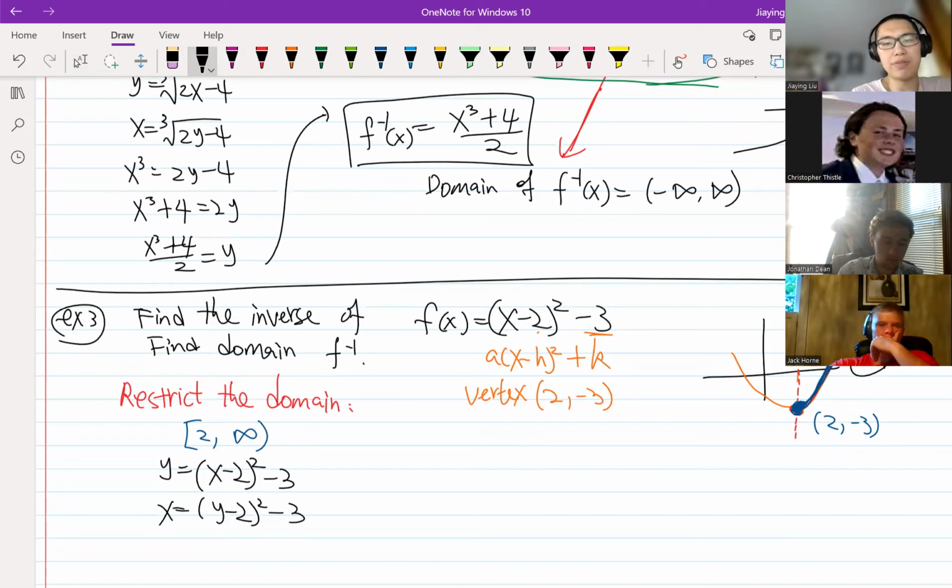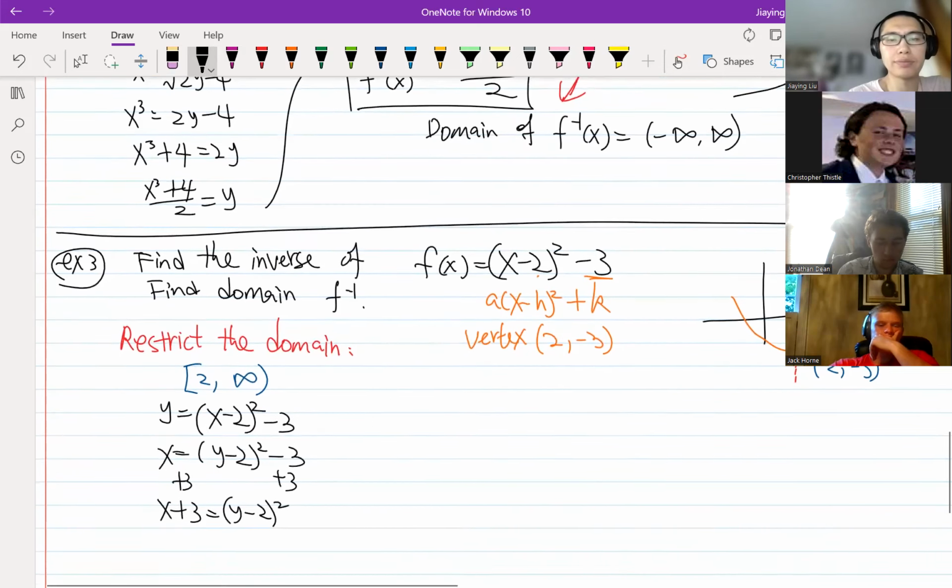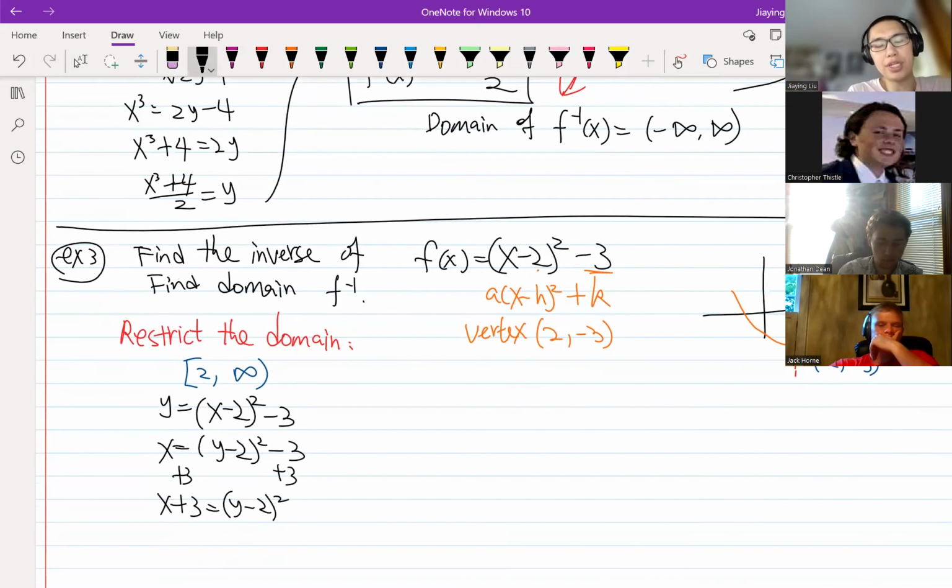So we got y in the middle of the parentheses. So we have to add 3 to both sides. We get x plus 3 equals (y minus 2) squared. And now we're going to take a square root. You probably think, okay, when I take a square root, do I take the positive or the negative, right? And it turns out that we don't have to worry about it because when we restrict the x to be from 2 to infinity,